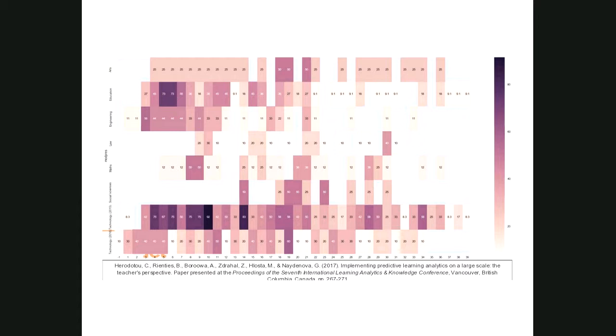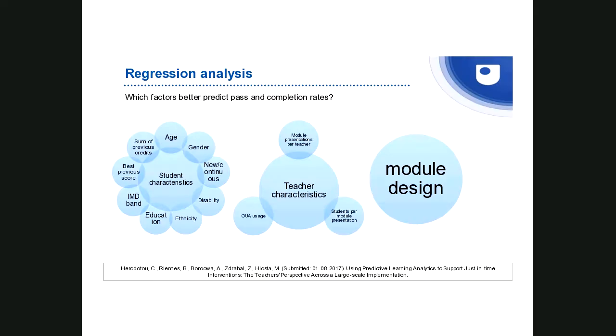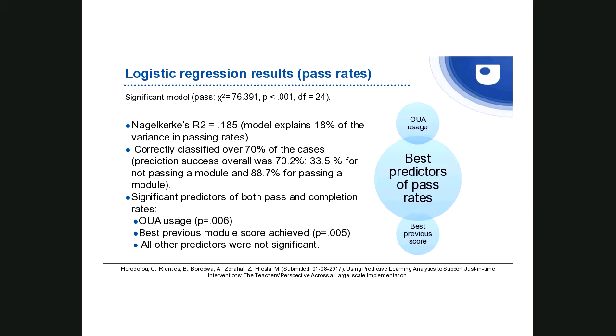So the next question, of course, is, okay, does this matter if you give teachers this analytics data, and will it help our students? And I'm aware at times I'm rounding up a little bit. I do apologize if I go a little bit too fast. So what we then did was to link what the characteristics were of students, and what the characteristics were of the teachers, and whether or not they actually engaged with the analytics and how the module was designed. Quite strikingly, or in a way it was not striking, the best predictors to pass the course were previous scores of students, which is kind of logical, right?